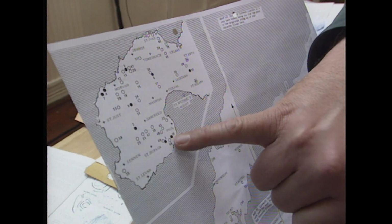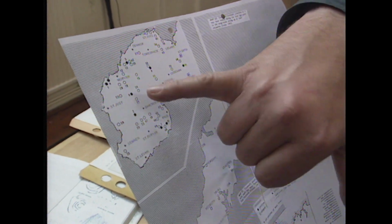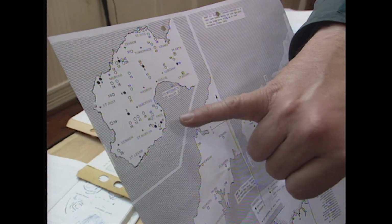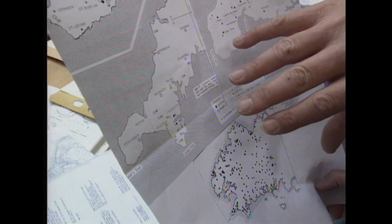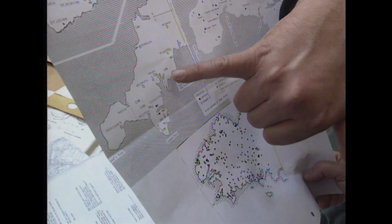Fogou apparently is Cornish for cave, and only 10 fogous have been discovered in England, and all of these are in Cornwall. We're number 3, that's our fogou, and you can see how many there are in the immediate area. The black ones are the ones that are preserved, the hollow circles, if you like, are those that have disappeared. If you open up to a larger picture of Cornwall, even then they're all concentrated to the west of the